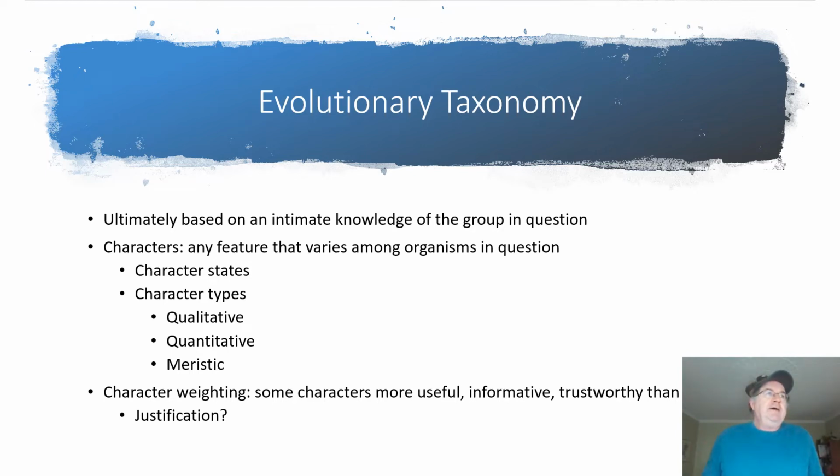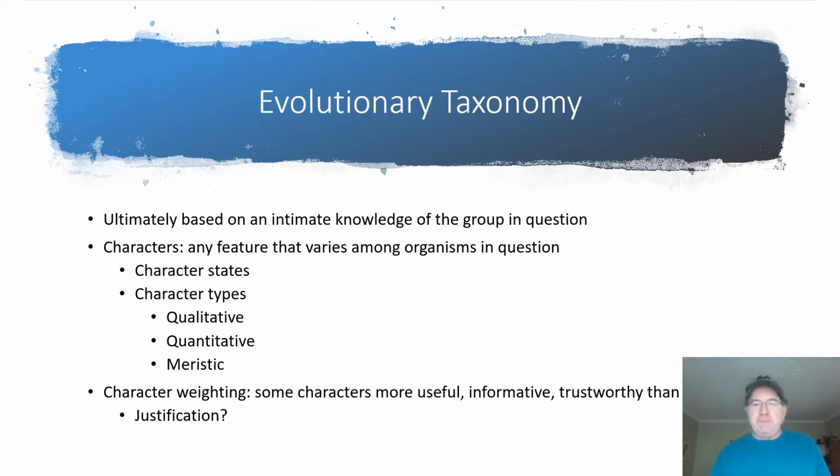But if they're just, say, a tree grown in a dark forest, the leaves are going to be larger in area on that individual, whereas if it's grown in bright sunlight, leaves tend to be smaller. In that case, the immediate characteristic of the size, the area of an individual leaf surface, is not going to be something that we're immediately interested in. So a character is any heritable feature that varies among organisms.